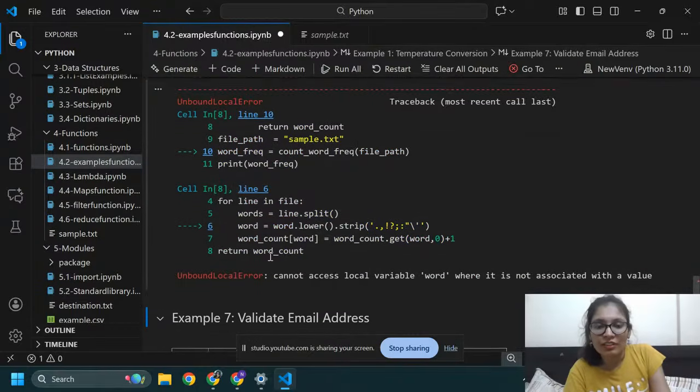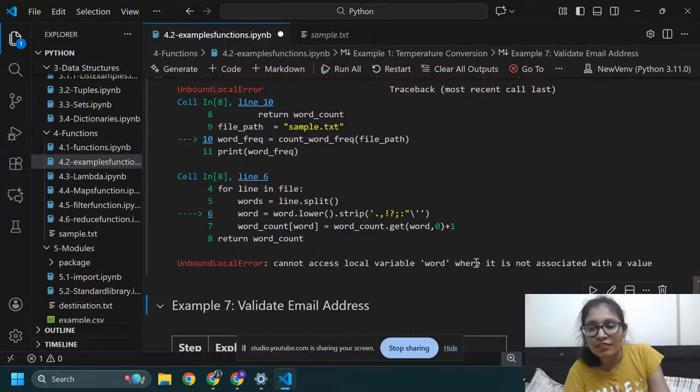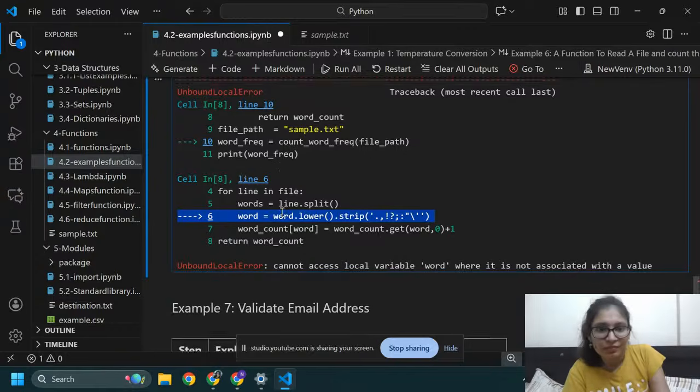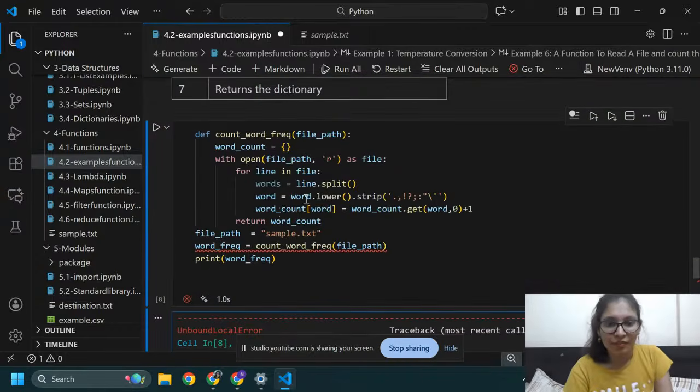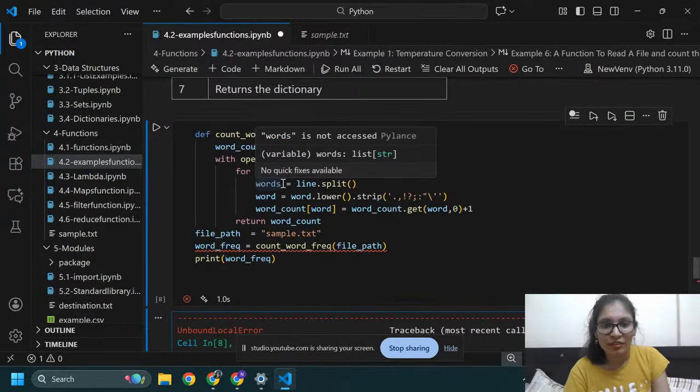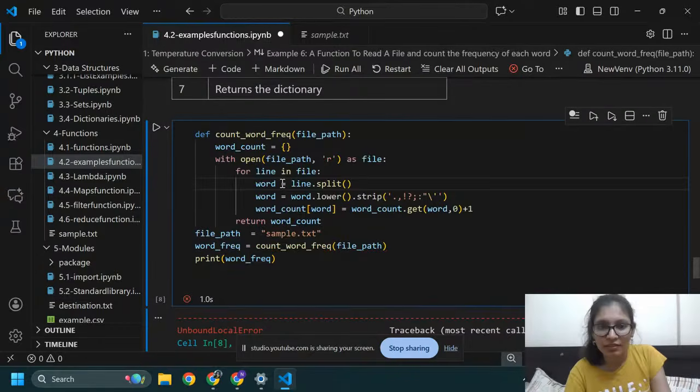Okay, I got an error: cannot access local variable word where it is not associated with a value. Oh, I got an error in line number 6. I need to check the unbound local variable. Here it should be word, not a word.